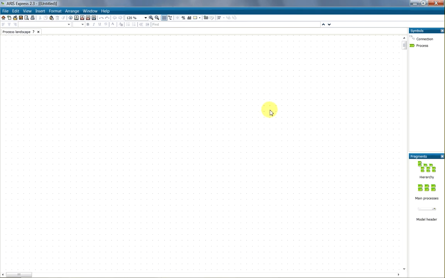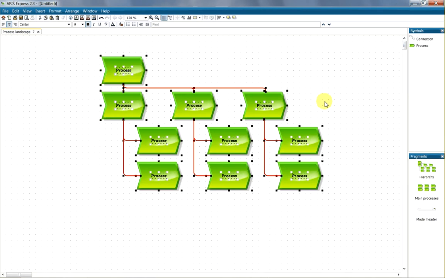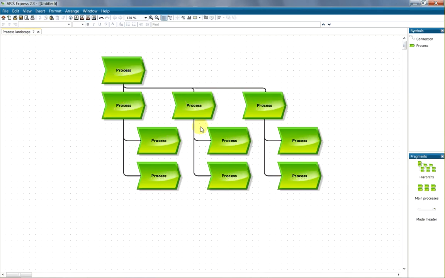When you open this diagramming technique, you will see a large blank area, process elements and fragments. So I will use an already prepared fragment hierarchy, and I will put it into the drawing area. As you can see, we already have three groups of processes, and on this picture only the hierarchy of process groups is represented. So I will name these three process groups as we usually name them, and the first type of